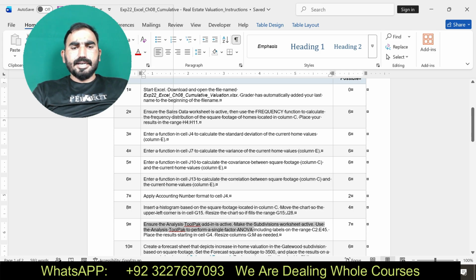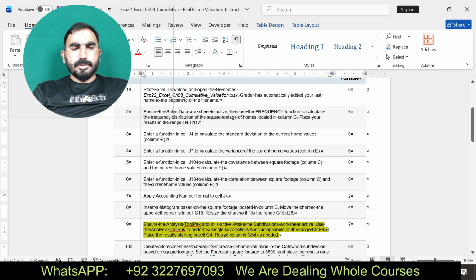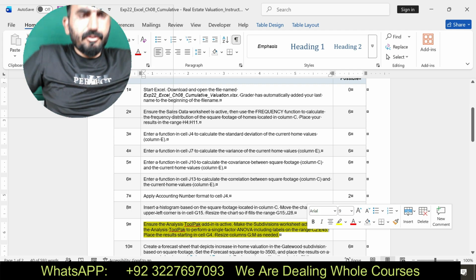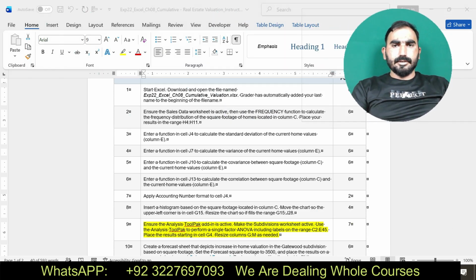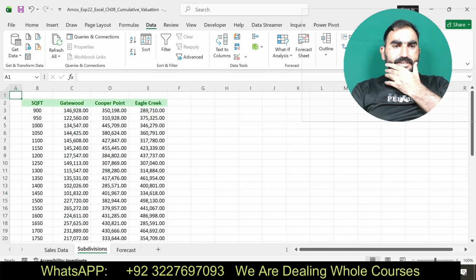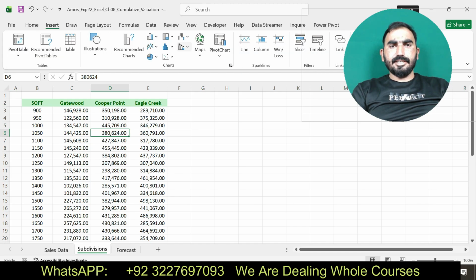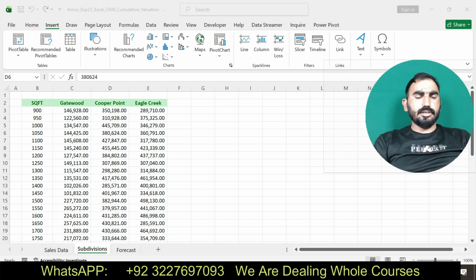Ensure the analysis tool is active and make the subdivision worksheet active. Use the analysis tool to perform the single factor ANOVA, including OK. Now you can see here I am going to show step number 9. I am going to perform a single factor ANOVA. Ensure the analysis toolbox add-in is active. Insert a single factor ANOVA.